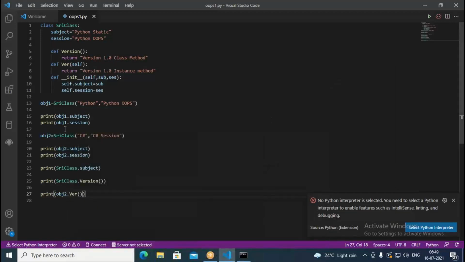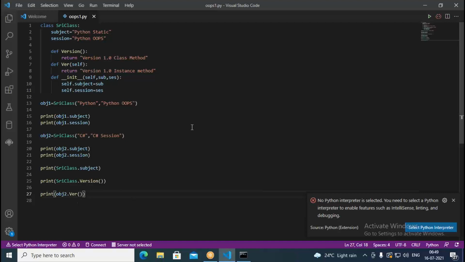That means when you create a method inside the class, if you use the self keyword as the very first argument, that becomes an instance method. If you don't use any such self keyword, it means it is a class level method. A method can be class level or a method can be instance. So class level means without creating any object you can use it, that is called class level. But here what is happening? We are first creating an object, then we use it, and that is called an instance method.